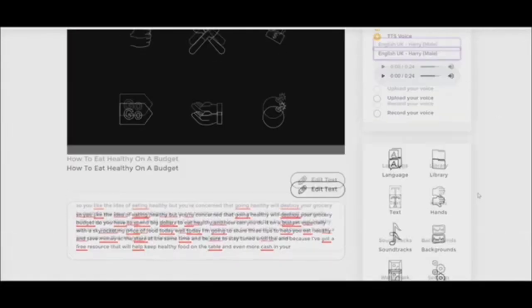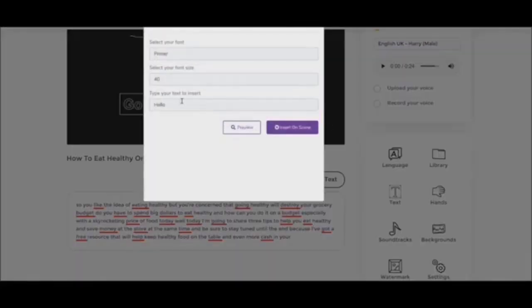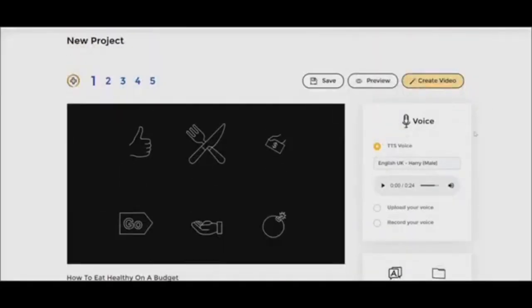And again, I can go back to the library and add any other additional assets. I can add text again. I can add all kinds of cool stuff here. So that's another great option. So that concludes the complete overview of